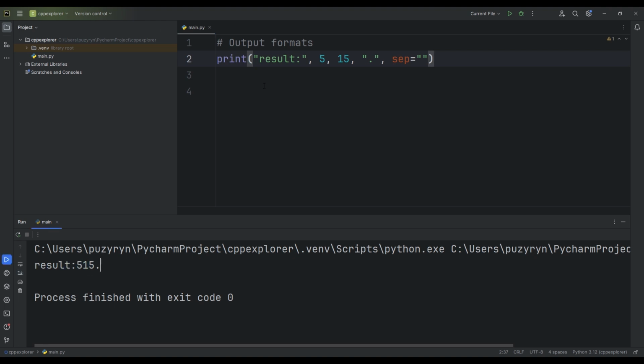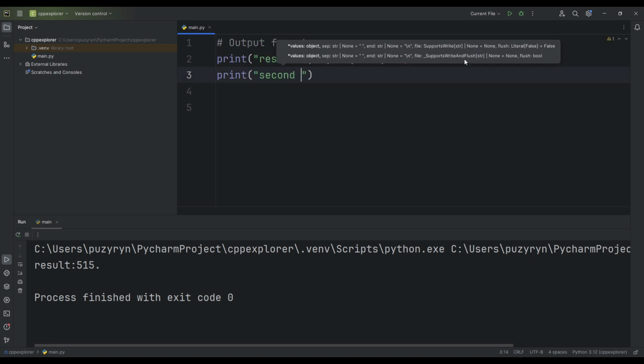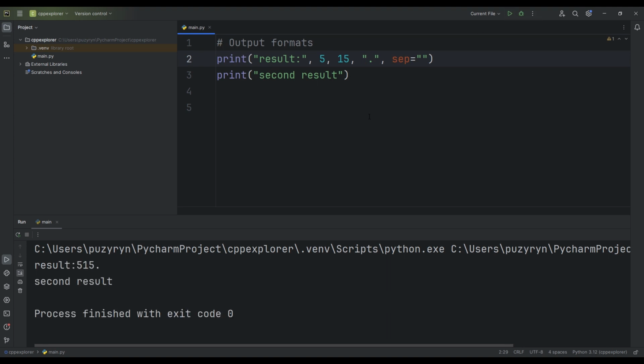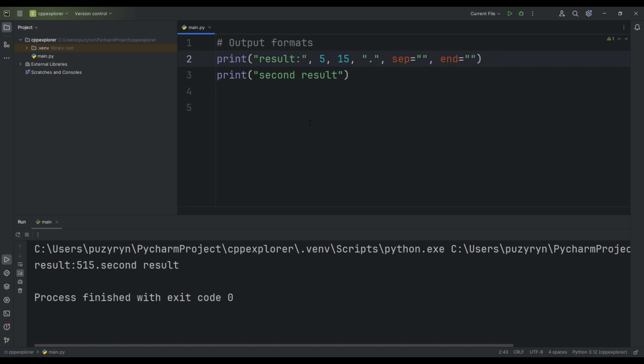Furthermore, if we try to output some other result, we will notice that the first print and the second print are displayed on different lines. If you want to output all this on one line, of course, you can just write it in one line, but besides that, you can also use an additional property called end. This property sets the end of the line. Therefore, if we write it and run the program, we will see that only one line is printed to the console. This happened because the first print function does not perform a new line, and the second print displays information